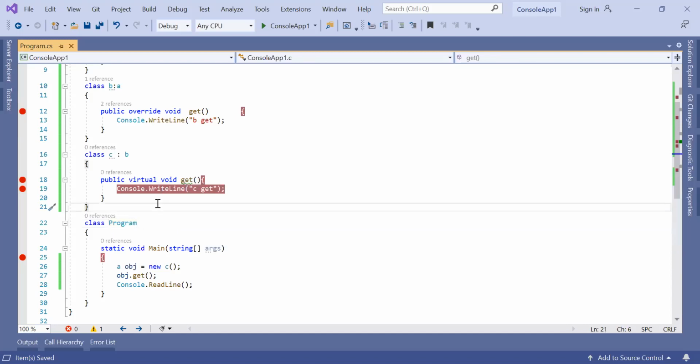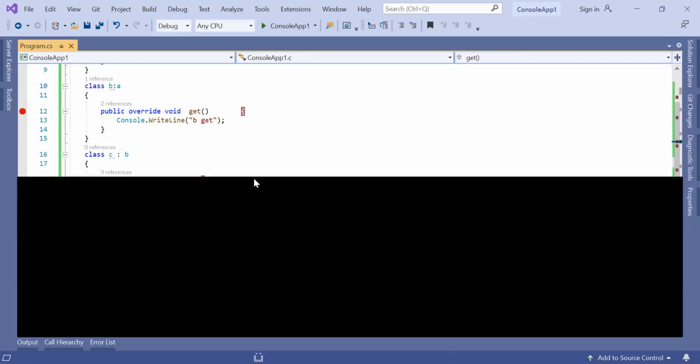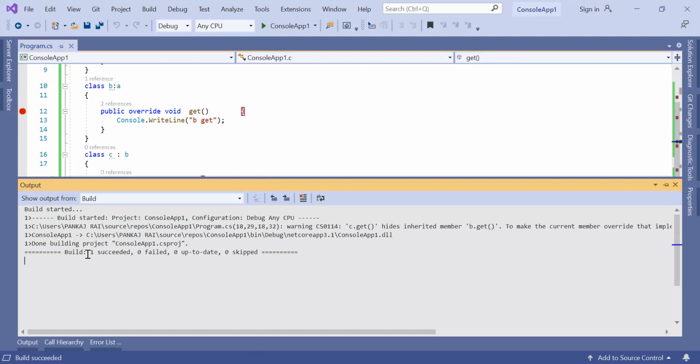So should I continue? What will happen now? What will print? Or will it be a runtime error, compile time, something? It's already showing an error here. It's a warning, I think. So what is the exact error? No, it is a success. That is a warning actually.